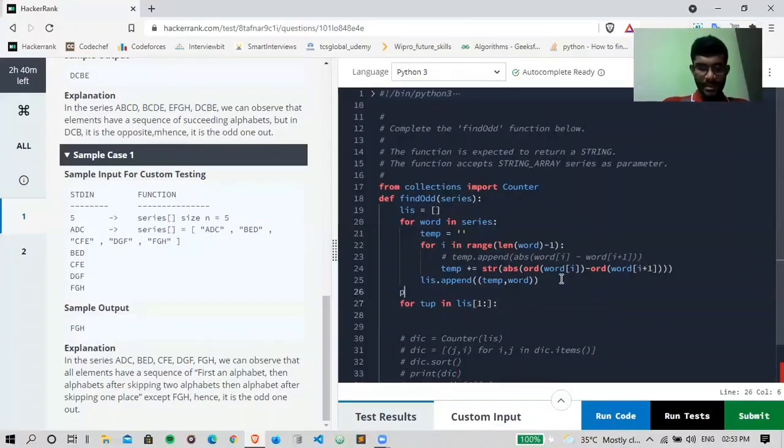I will take previous equals to list of 0. So list of 0 is that tuple, right? So for tuple in list,